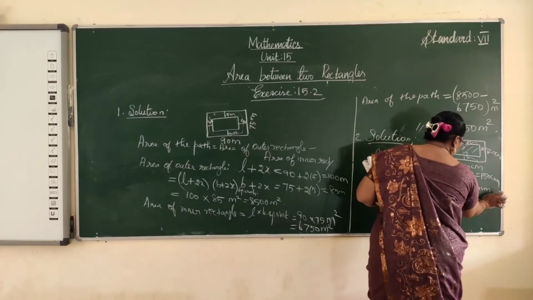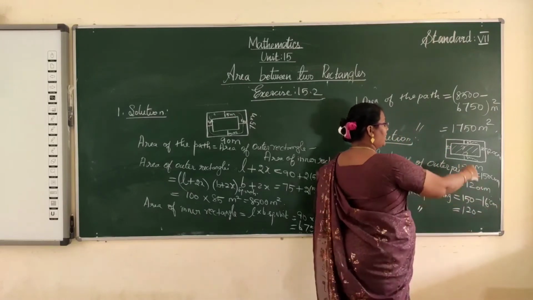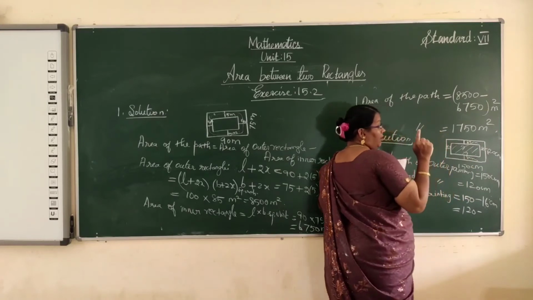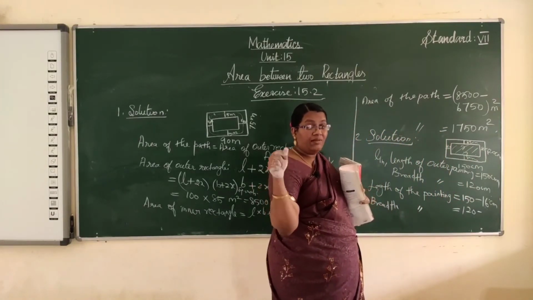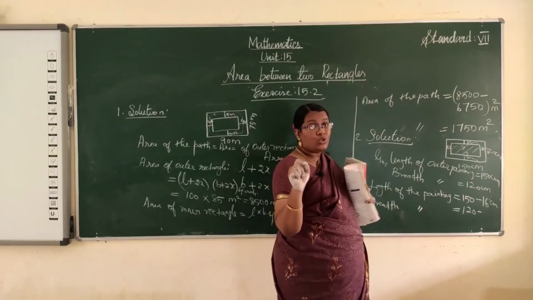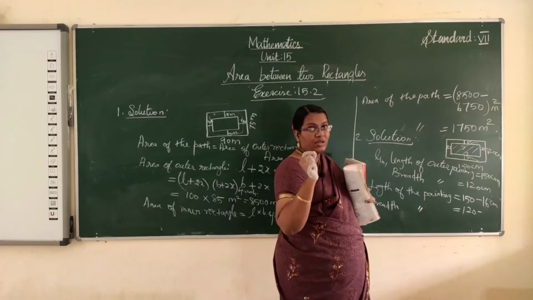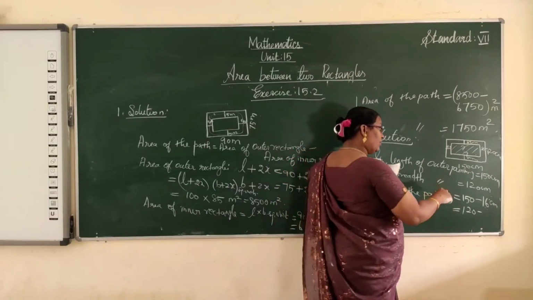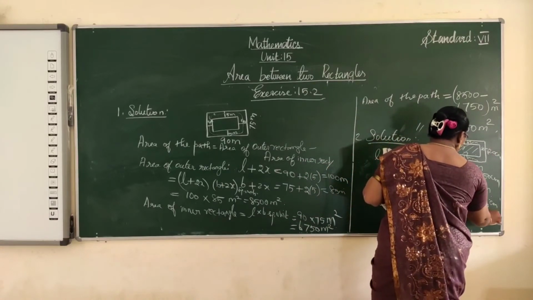So directly write in this place 16. How to write this 16? Twice the times of the width. If the length is L, then L plus 2x when we add the margin to the outer length. Now we calculate the inner, so we have to subtract. So 150 minus 16. Here the breadth is 120 minus 16 centimeter.